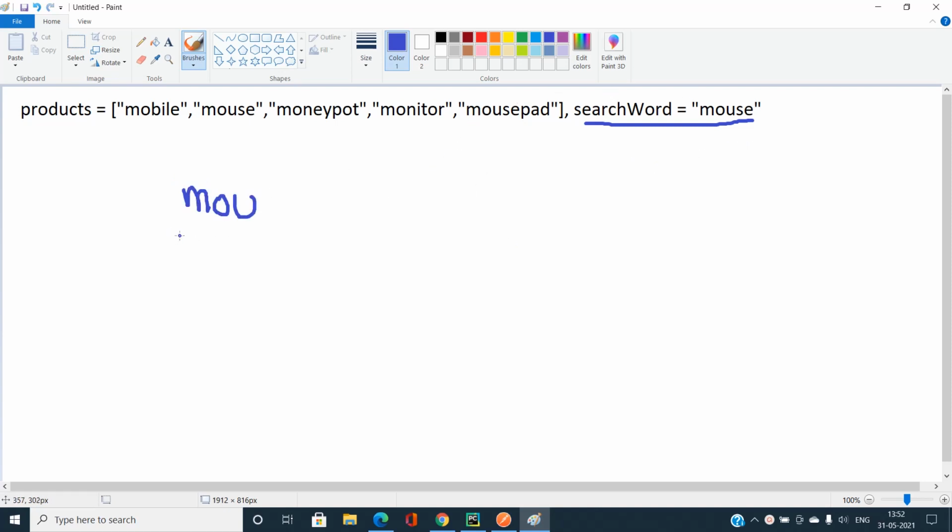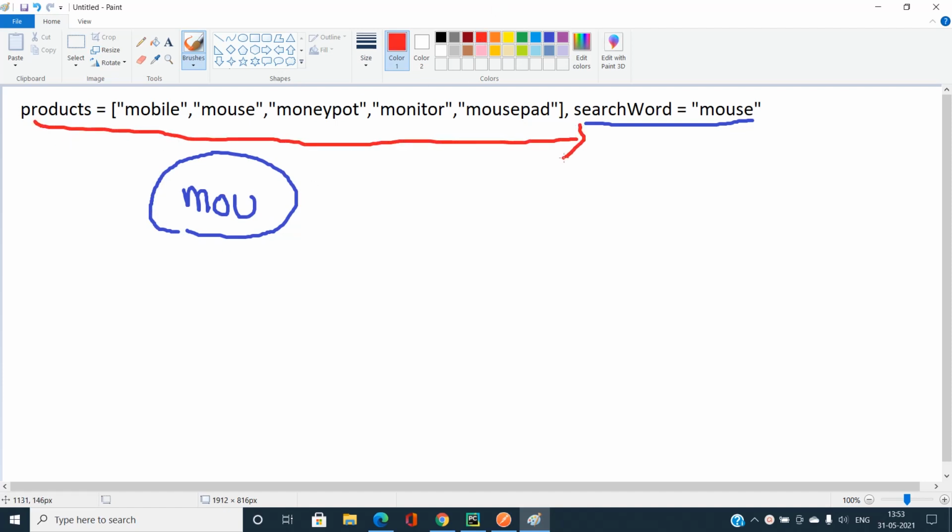And let's say I am at the ith state such that I have a string called MOU. Then I will iterate in this products array of strings, and I will find out which string has the prefix exactly equal to MOU. And if there exists a prefix, then I will store that string in a heap, a multiset. If you're in a C++ environment, I will store it in a multiset, or in other languages, I don't know, but you're going to store it in a heap. And why store it in a heap?